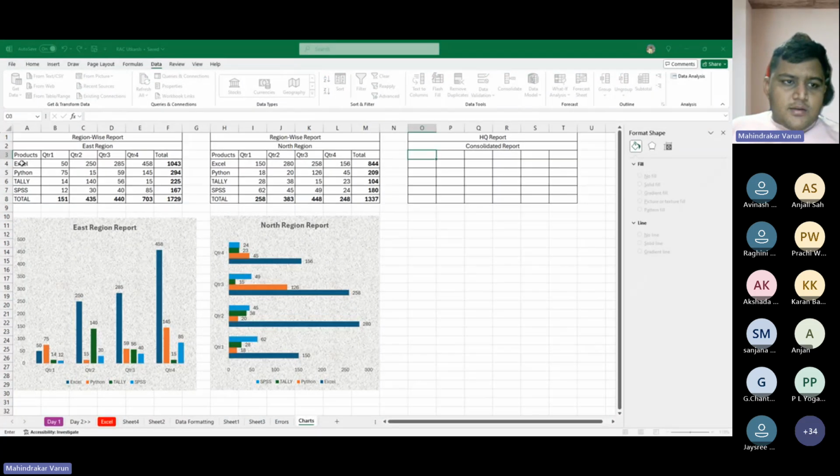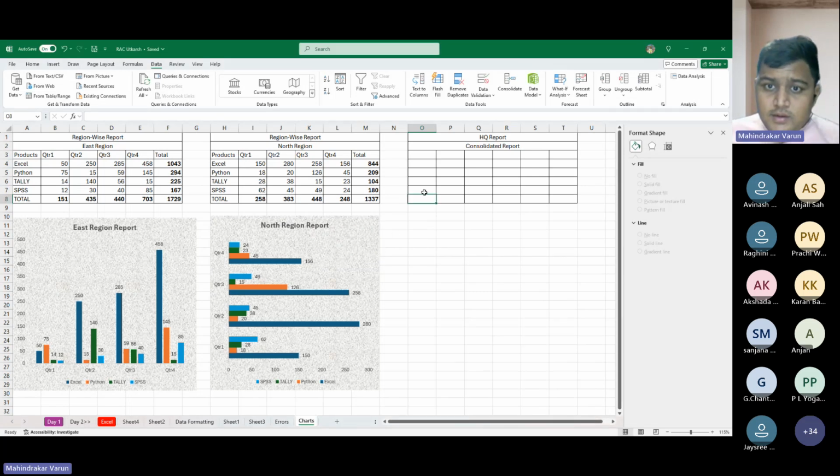I'll select these cells. Top row is heading, left column is also heading. I'll click on add. Again, I'll select this data. Top row is heading, left column is also a heading. So I'll click on add. Once I've added both the columns, as I've selected where it should be appearing, now if I click on OK,